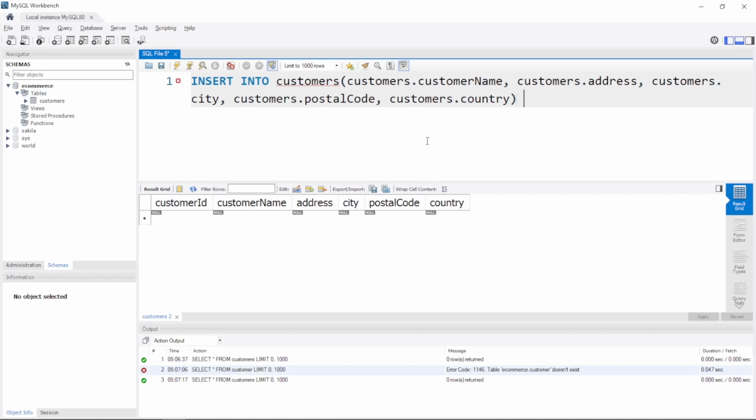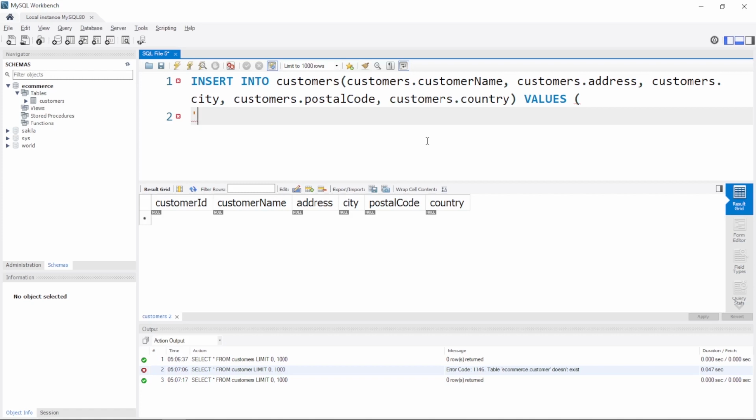Now to add values, you will need the keyword VALUES, and then you will also need parentheses followed by,